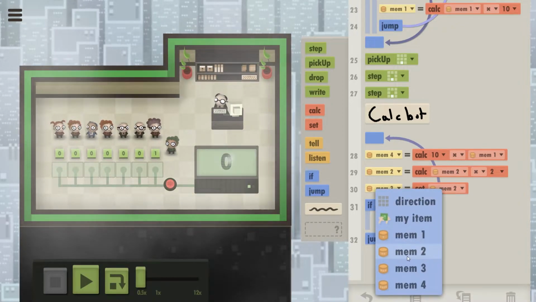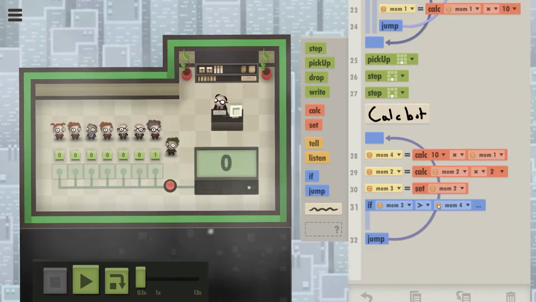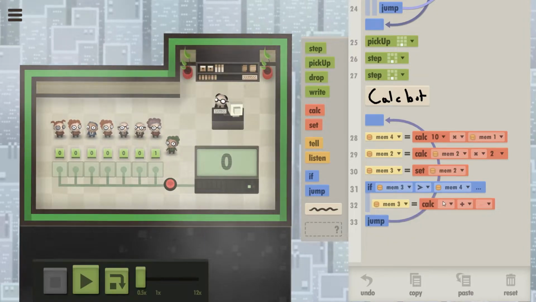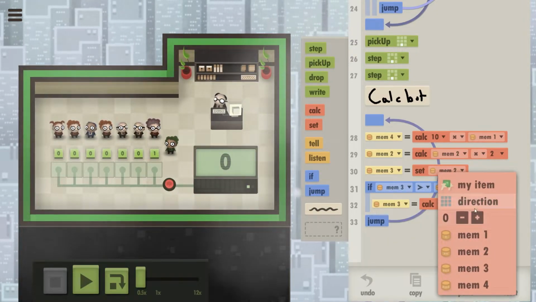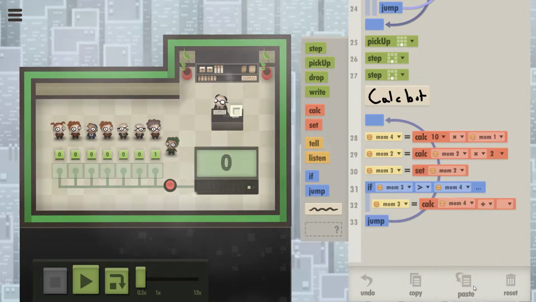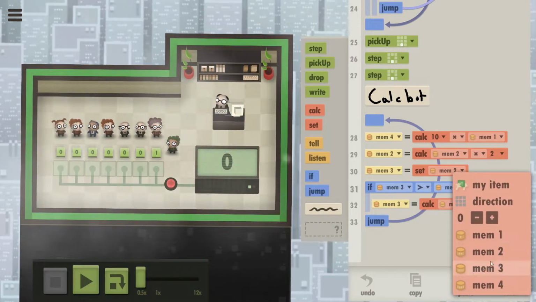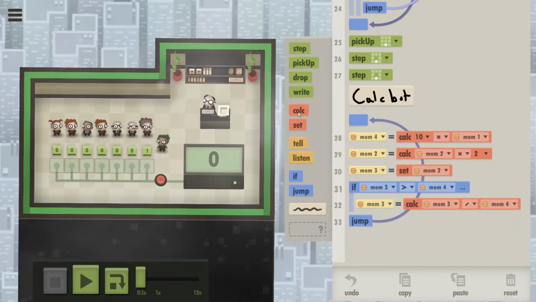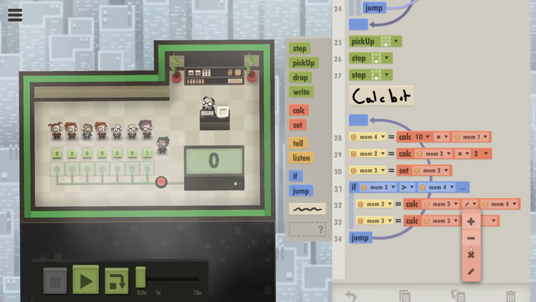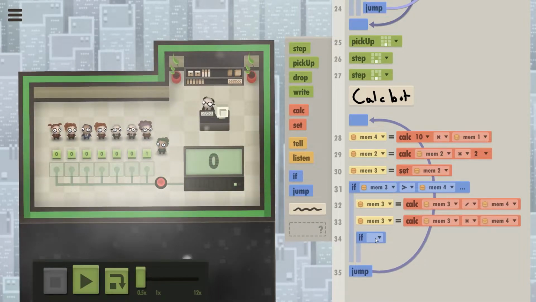If mem3 is greater than 10 times my base, which is now mem4, I will divide mem3 by 10 times my base, by mem4. I will multiply mem3 by 10 times my base. And then we'll do a check of if